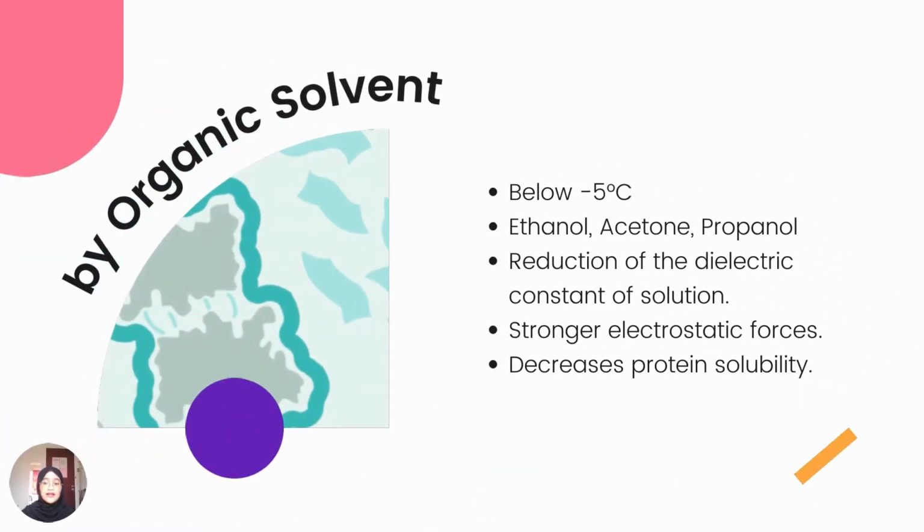The first method, which is precipitation through adding organic solvent, is carried out at a temperature below -5 degrees Celsius to avoid denaturation of protein. Ethanol, acetone, and propanol are usually utilized in this reaction. When organic solvent is added, reduction of dielectric constant occurs, resulting in stronger electrostatic forces between protein molecules and decreased